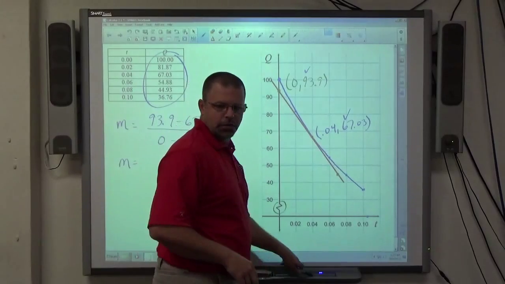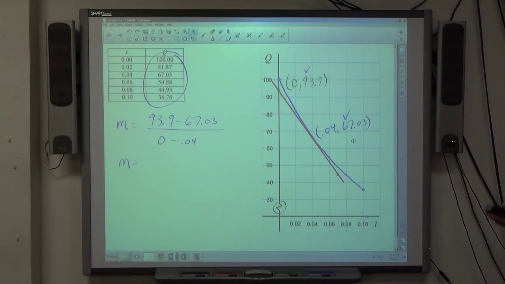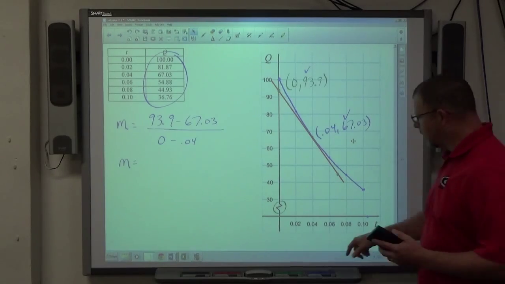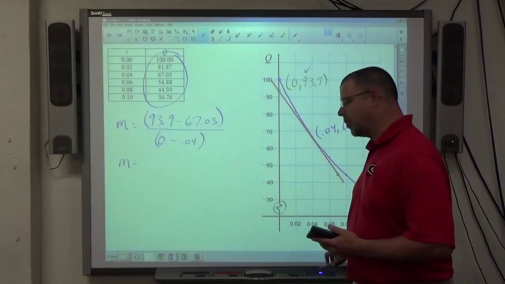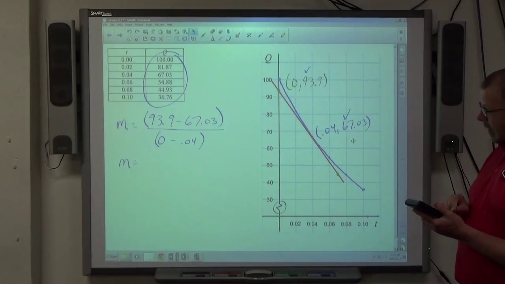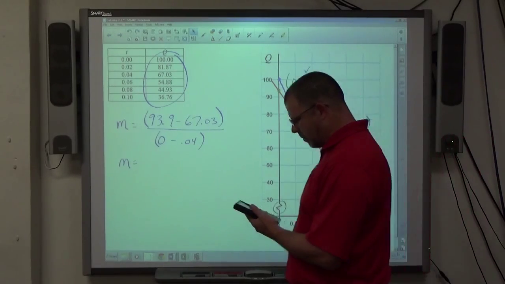And then my calculator knows the answer to that. Make sure when you type it in your calculator that parentheses go around this and parentheses go around that, if you just type the whole thing in. 93.9 minus 67.03 divided by 0 minus 0.04 comes out to negative 671.75